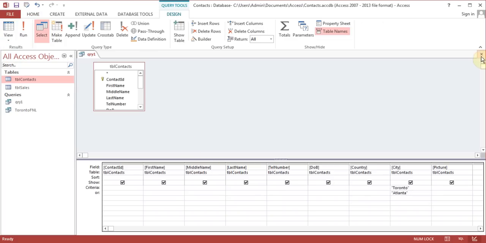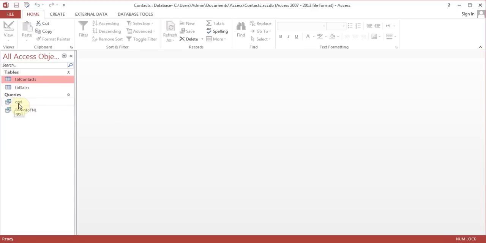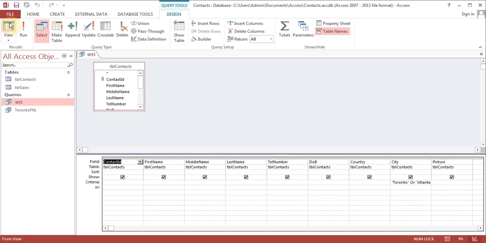Now if I close this query, I say yes to saving it. So there is that query 1. So if I double click on it, it will keep on running that query Toronto Atlanta. So I can save it, rename it something properly, so I'll know what this query will do. I'll come to design view, and I'm just going to remove this, and I'll show you some extra features of